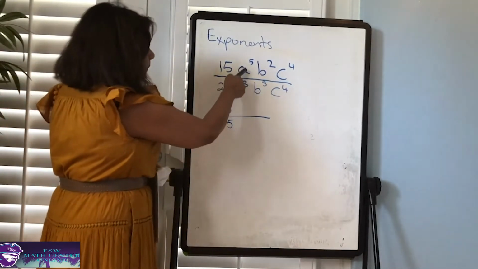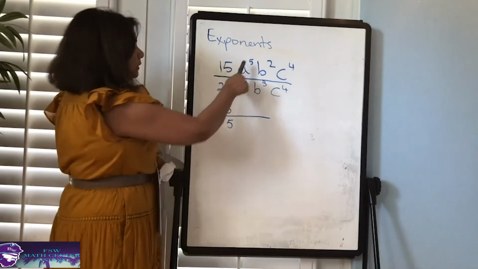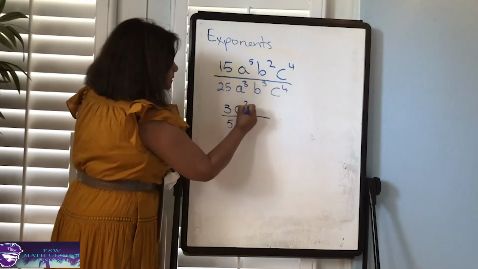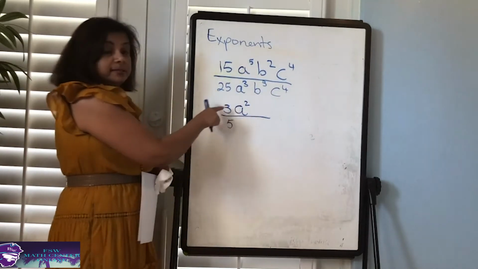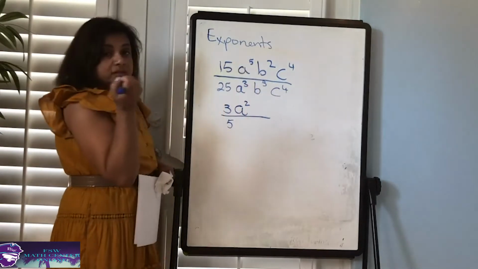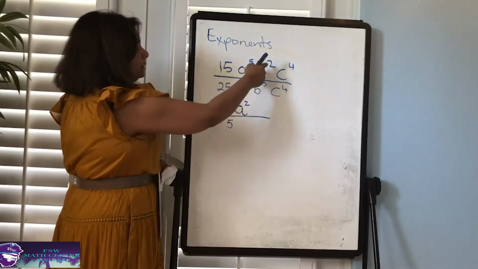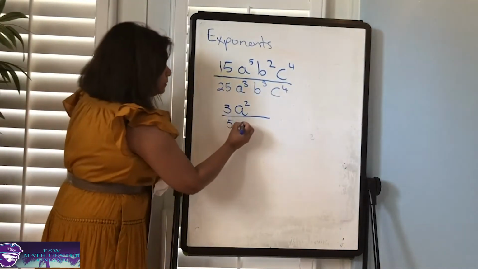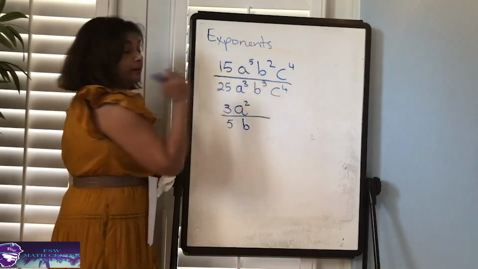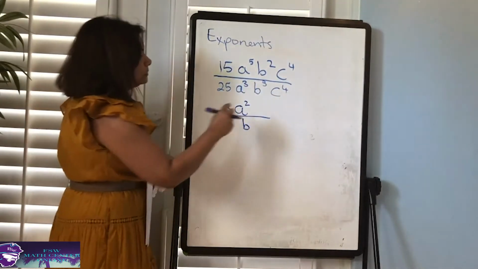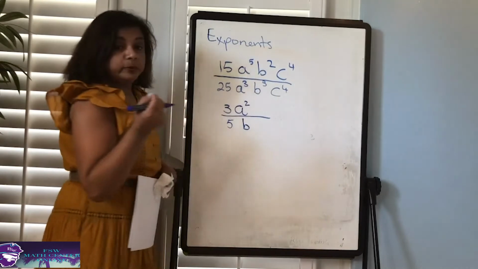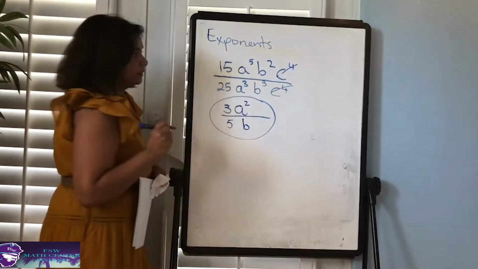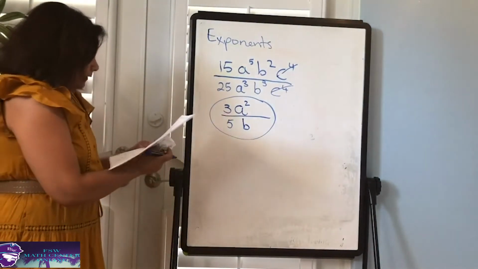Now, with the same bases, notice we're dividing, so that means we're going to subtract the exponent. So 5 minus 3 is going to leave us with a to the second power. And we're putting a to the second power on the top because that's where the high exponent is. For the b's, 2 minus 3 is negative 1. Because it's a negative 1, you have to put it on the bottom. And again, that's where the high exponent is, so that tells you where the remainder goes. C to the fourth over c to the fourth, those can pretty much cancel each other out. And it leaves you with this as an answer. Okay? All right, let's do another one.